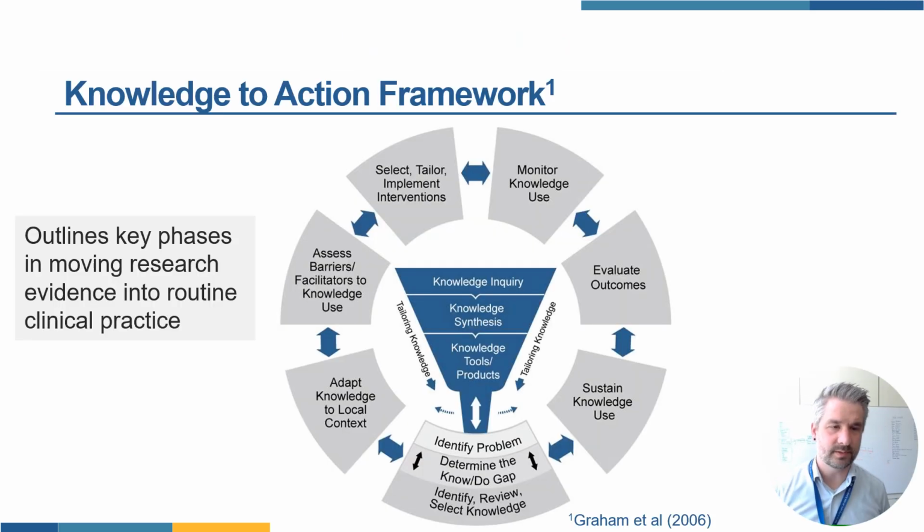Let's go back to that first process model of the knowledge to action framework. It's developed by Ian Graham almost 20 years ago. Helps to understand the distinction between moving from how we generate what we know might be effective, so that knowledge creation funnel in the middle. And this might be the process of actually developing your behavioral intervention, understanding whether or not your intervention works to change behavior and improve outcomes for patients in the public. There might be some knowledge synthesis around that ultimately produces something to be implemented in the health system. And that's where implementation really starts, that outer ring, the action cycle that we move through a different set of processes.